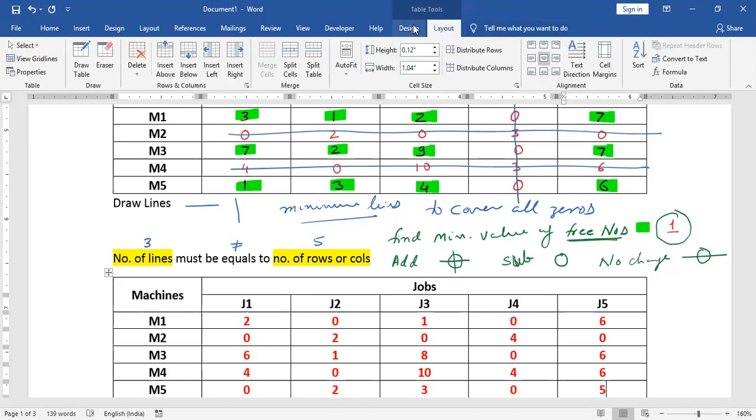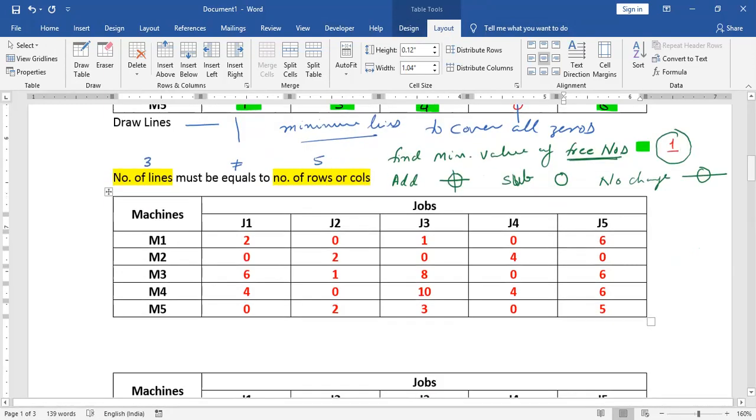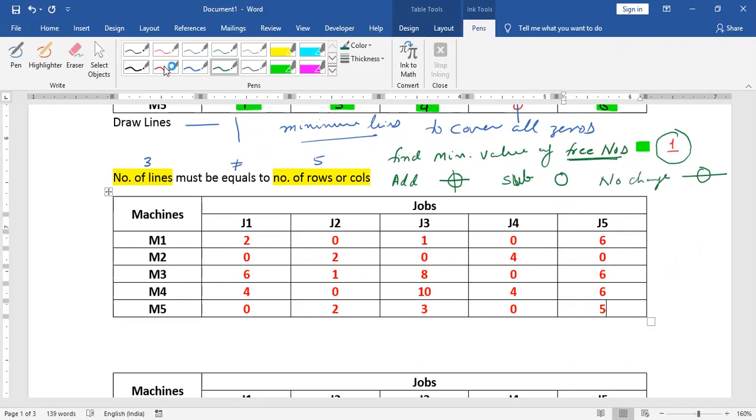All of you. Now we will create the next table. But before creating the next table, again we have to check whether the lines are equal or not. I'm going to draw lines again. Until the number of lines equals the number of rows and columns, you have to draw. But how will you draw? You have to draw the minimum lines. So I will draw this line,